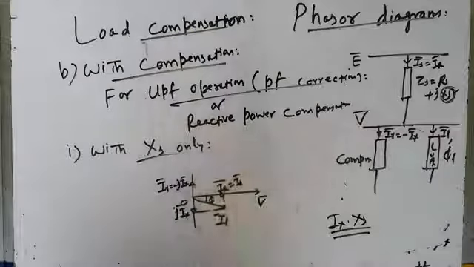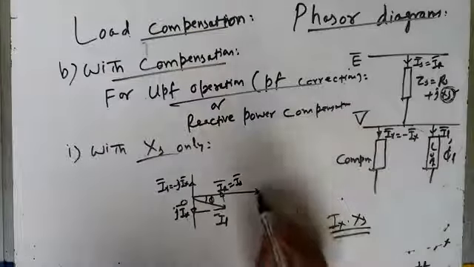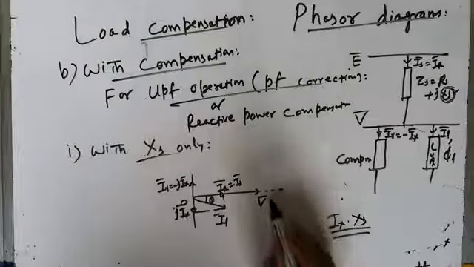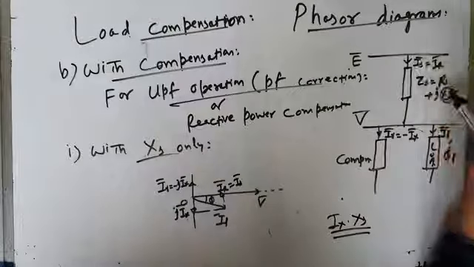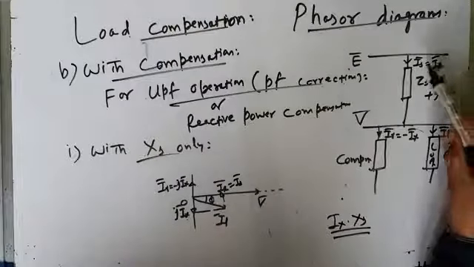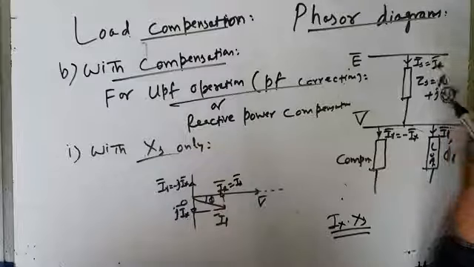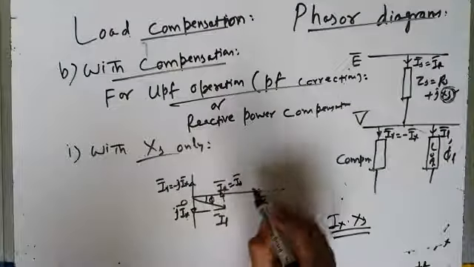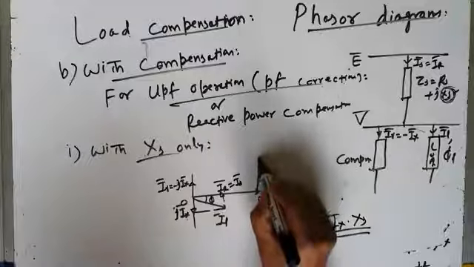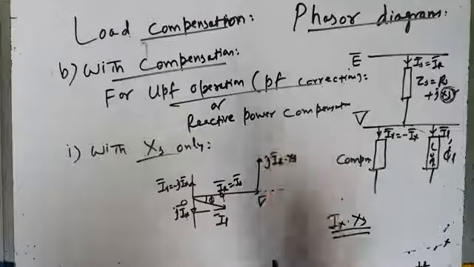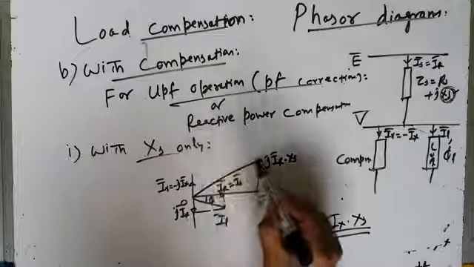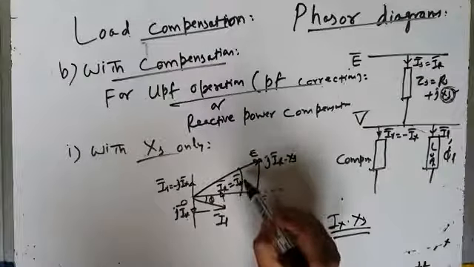You can see from the phasor diagram also. Therefore, the Ix into Xs voltage drop जो यहाँ था वो खत्म हो गया. So you have only one voltage drop, that is Is into Xs, or IR into Xs. जो ये IR अगर ये है आपकी, so J IR into Xs. So therefore आपकी E ये बन जाएगी.